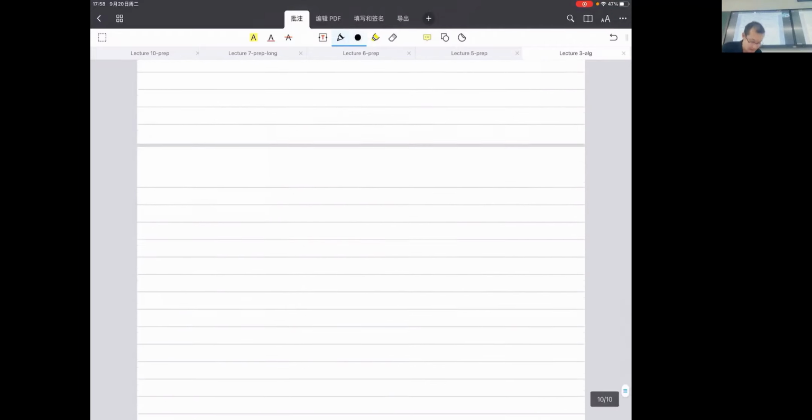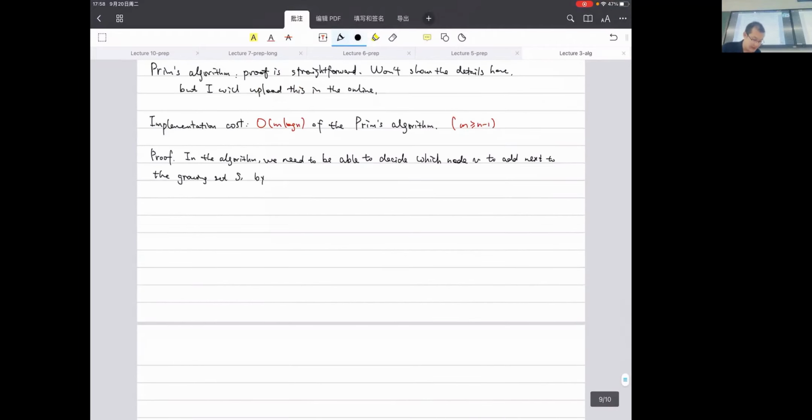This is where it really looks like Dijkstra's algorithm, and we can utilize this by maintaining the attachment costs,